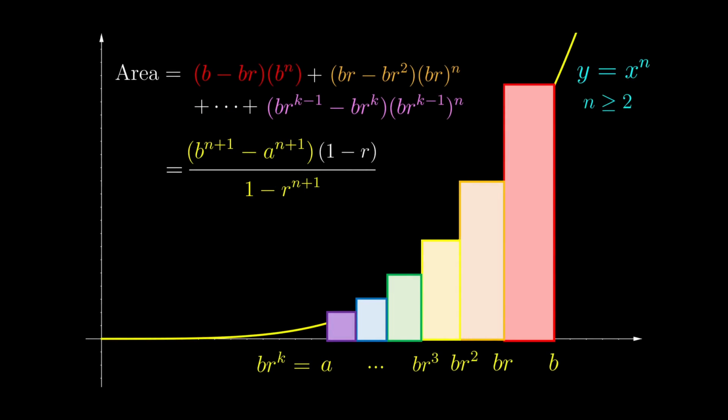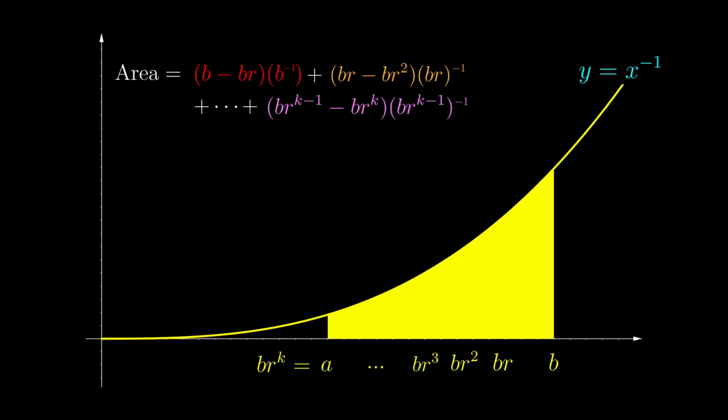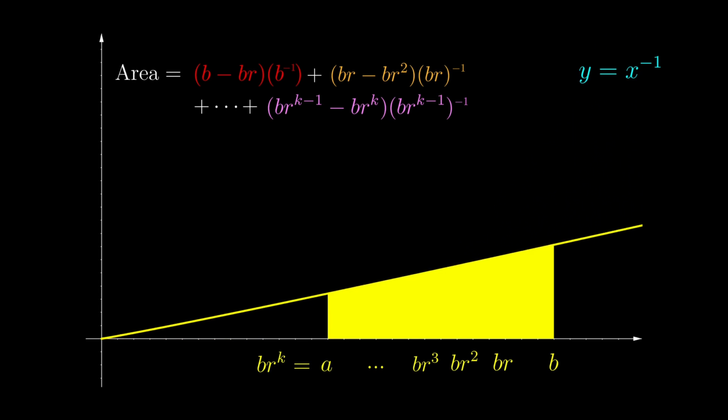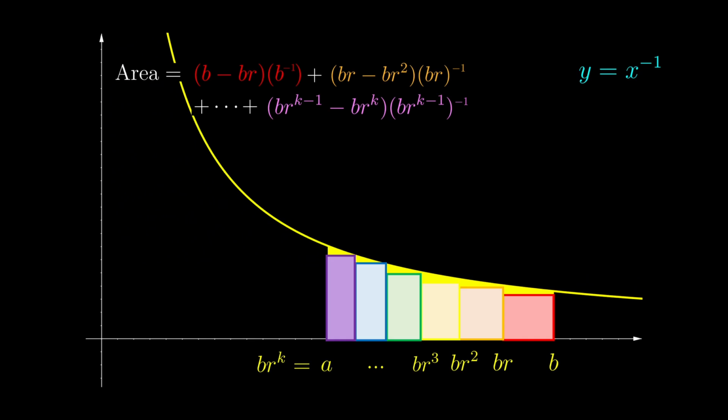And now recall why we have to take the detour. Ultimately, we want to calculate this integral, and this boxed expression is an approximation using k rectangular strips, and hence we need to calculate the limit before. And we have calculated the limit to be 1 over n plus 1, and so we get this power rule. And now the only irritating case is where n equals negative 1, because we would then have denominator to be 0 all the time. But let's see what actually happens to this method of calculating the area.